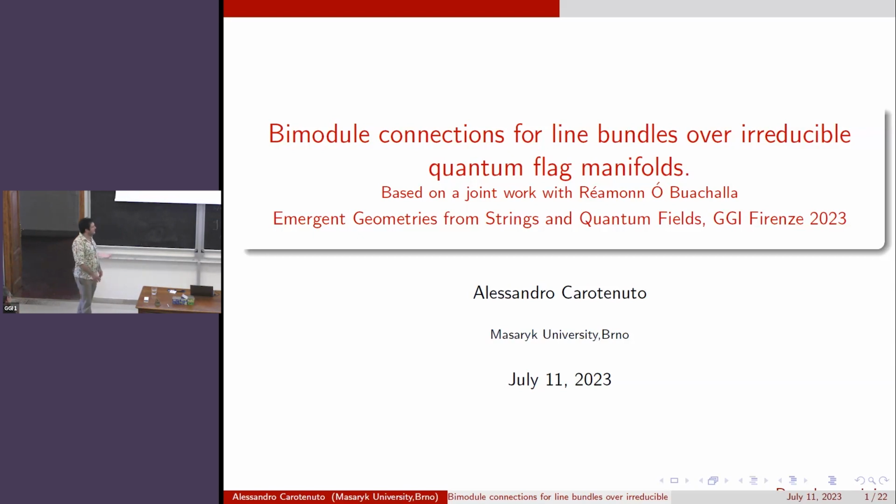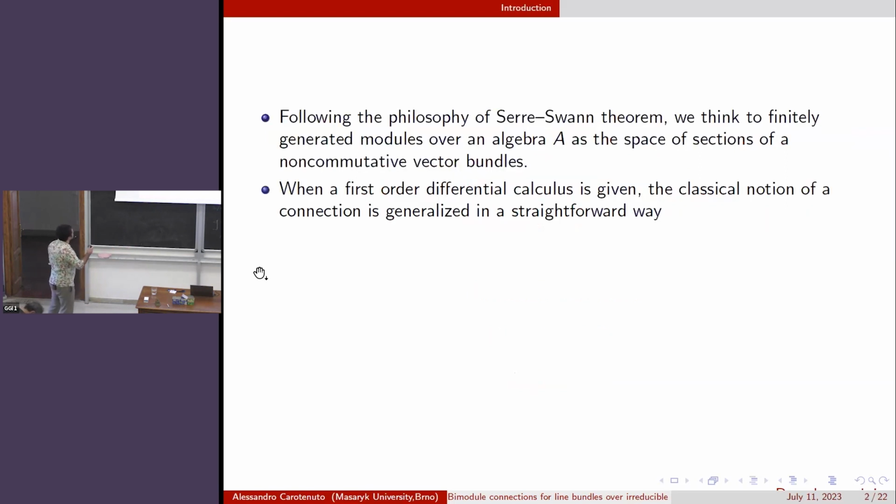So today I want to talk about this work in collaboration with Raymond, who is here. And it's really, I would say, the last paper in a series of works about the differential non-commutative geometry of irreducible quantum flag manifolds using the differential structures given by Heckenberger and Kolb. So, as the title suggests, today we are going to talk about